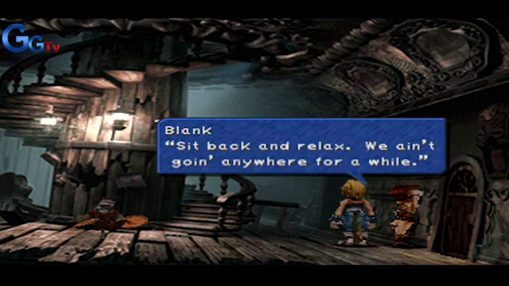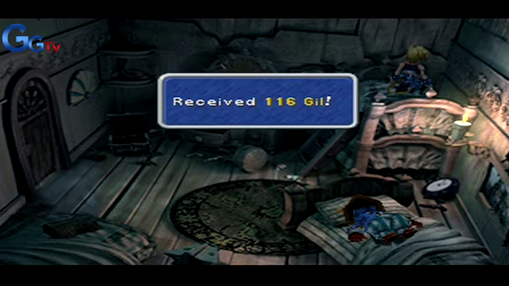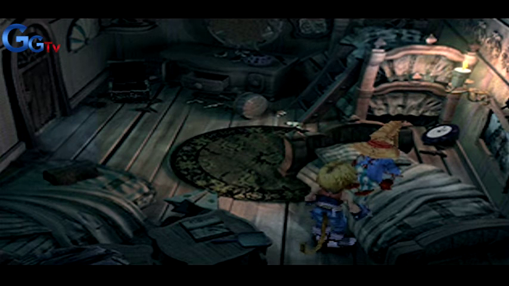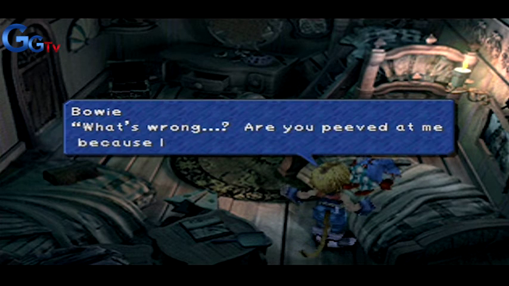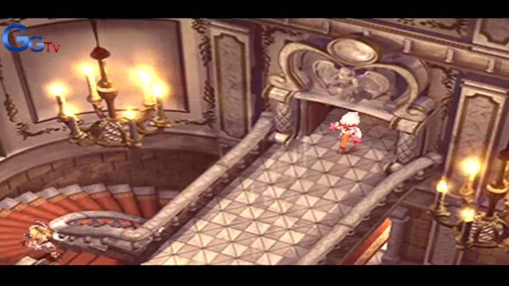The next thing to do is to check on Vivi. There's another ether and some gil in his room. Vivi will talk about how he could not do anything in the fight, but Zidane cheers him up. Next there will be a flashback to where Zidane first met Garnet, and he decides to go look for her